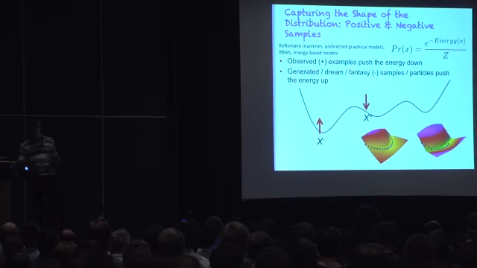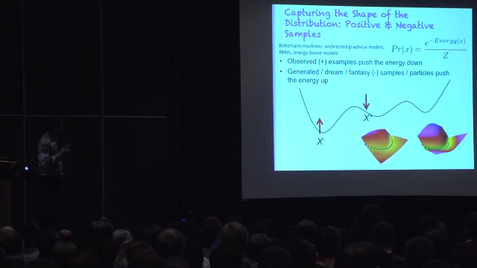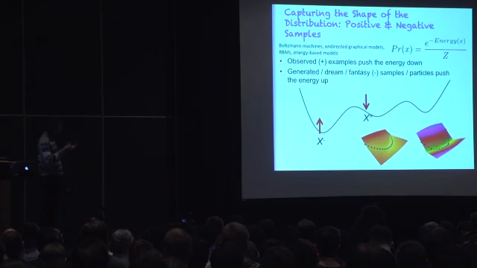One general principle for training these kinds of models and a more general family of models is that this energy, which corresponds directly to probability, is something we want to manipulate during training. So what we would really like is to have the training examples have a low energy, a high probability. So what we do during training essentially is push down the energy of the training examples, the X plus here, where you have the dots in the animation, and you want to push up in the other places. And initially maybe the model puts low energy in the wrong places, and what you want to do is sample those wrong places more often so that you can push them up. That's a very basic principle that